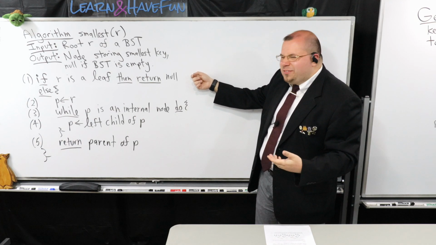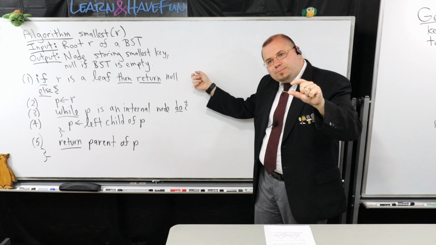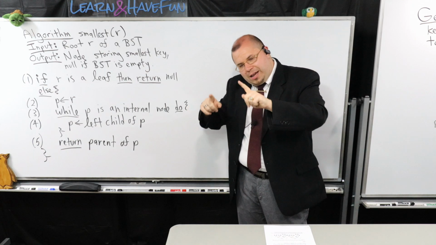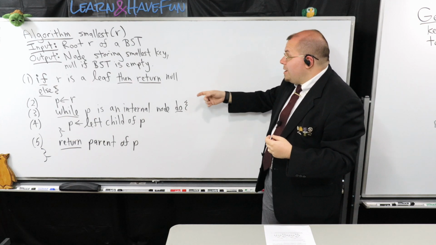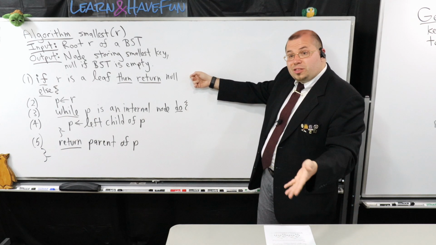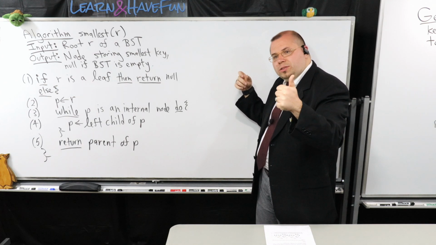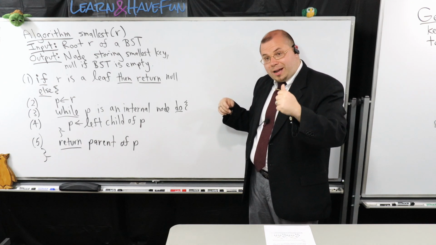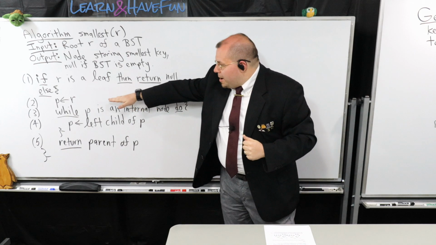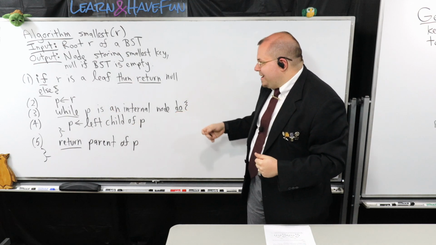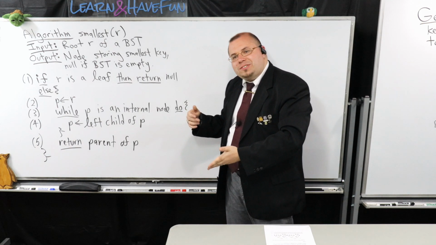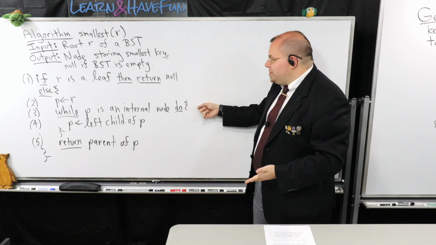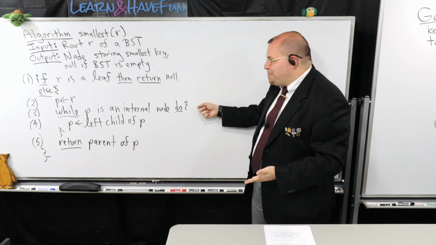If I give you a leaf, this is the equivalent of an empty binary search tree, because when I give you an empty binary search tree in a representation, it's just a leaf node. So if this happens, you just return null. Otherwise, I have at least one internal node, implying there's at least one record. So all I do is point at that, and then simply go as far left as possible. I find the leftmost internal node. The way I do this is I keep going left while P is an internal node.